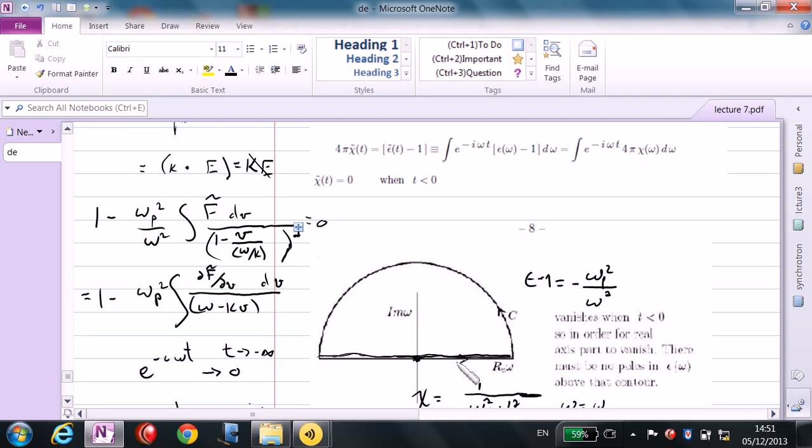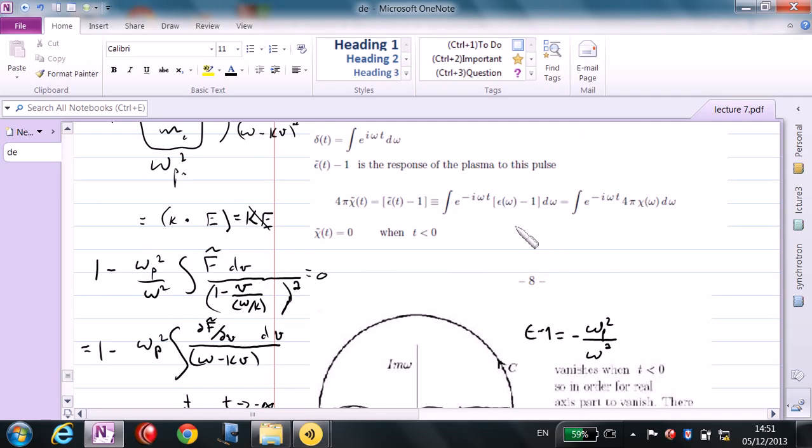If there is no pole and it's a closed contour, it should be 0. Right? If there's no pole. Yes. For any contour, you don't have to take it to infinity. That's what I'm saying. If inside you have no poles, it should be 0. Yeah, but the integral just happens to go from minus infinity to plus infinity. This is the integral that we want to evaluate, and therefore